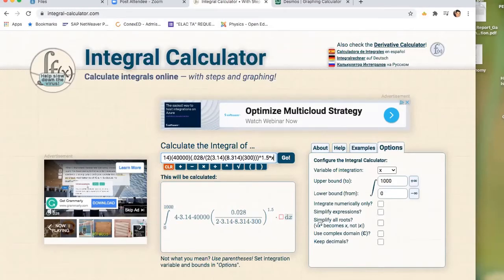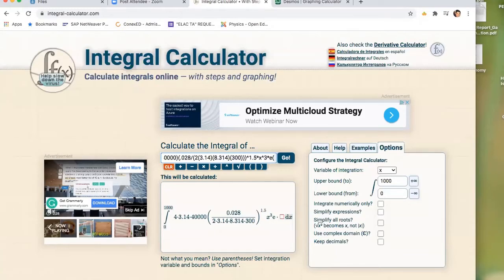Times x cubed. Why am I doing x cubed? Because remember, to find the average, you do the velocity times the number of particles that are going at that velocity, right? So since there's already an x squared, you multiply that by x times e to the